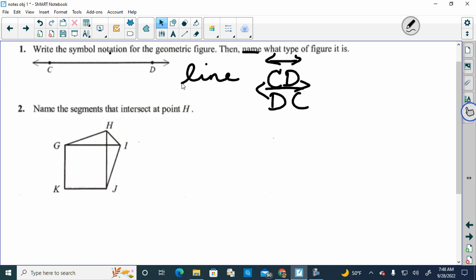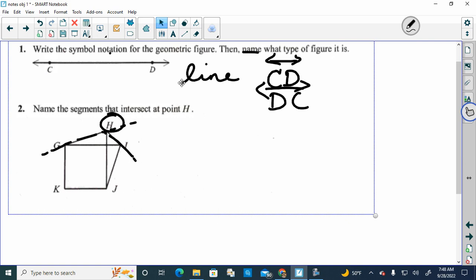Okay, it says name the segments that intersect at H. Okay, so we have a plane here, multiple planes here. Okay, so they want to know if you were to extend those lines and they crossed each other, what 2 lines cross at H. Okay, so you have this line that's going this way, and this line that's going